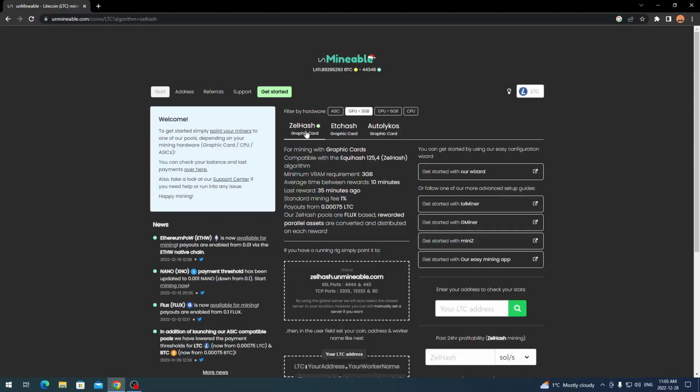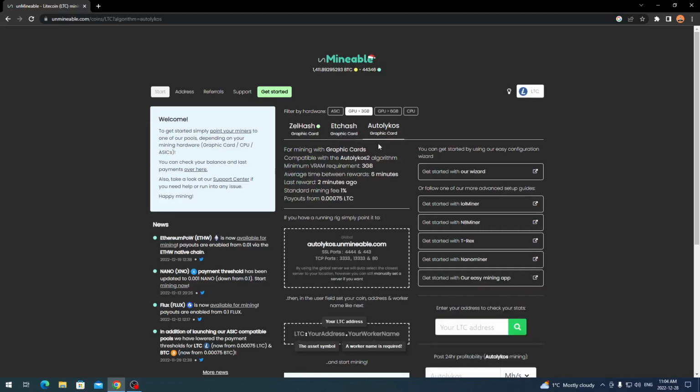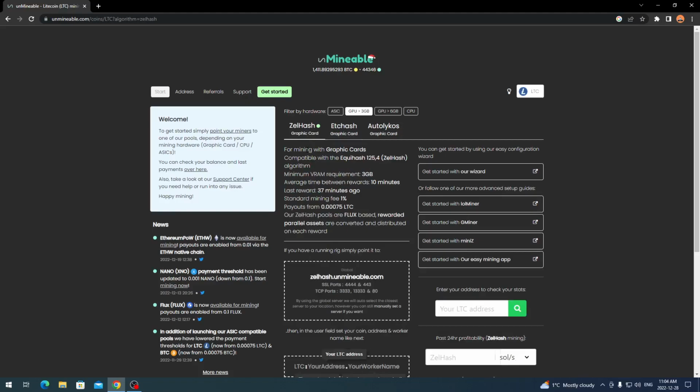So zelhash, I believe, is Zcash and zerocoin and a few of those. etc hash is going to be Ethereum Classic. And Autolycos, this is going to be, I believe, Ergo, I think it is. So you're being paid out in whatever these coins are mining. So right now, being paid out in, I believe it's Zcash. Don't quote me on that. I forget what